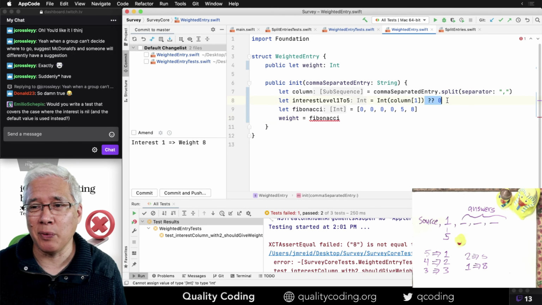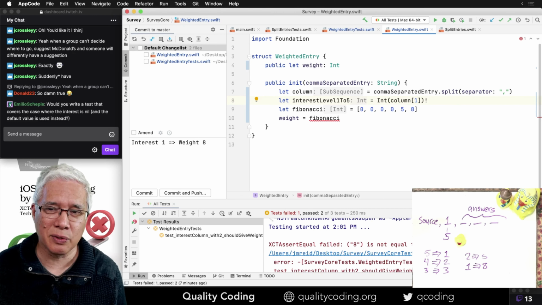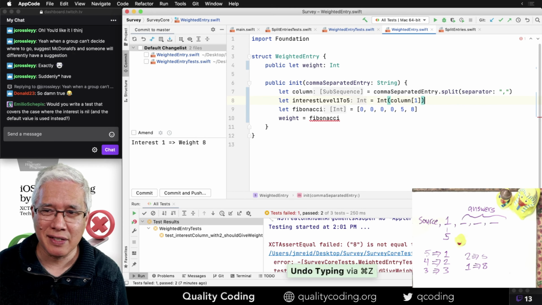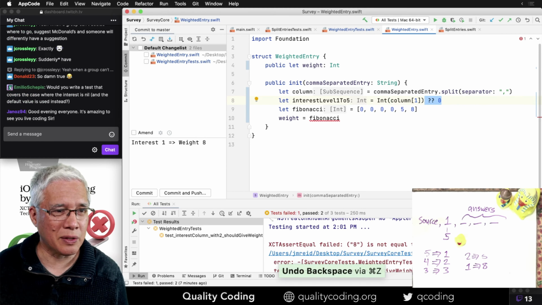Maybe that's a better thing, except folks have a real aversion to force unwrapping an optional, because that's going to crash. And so habit says write code like this.